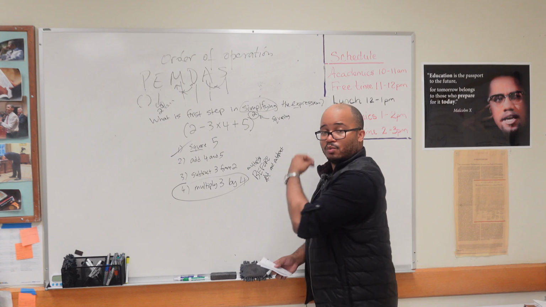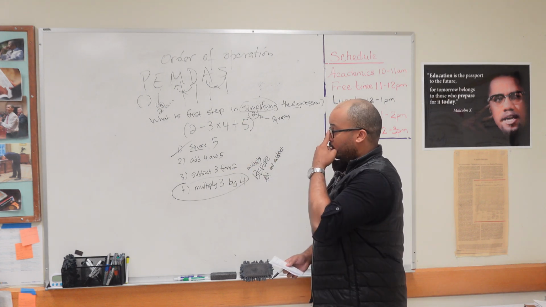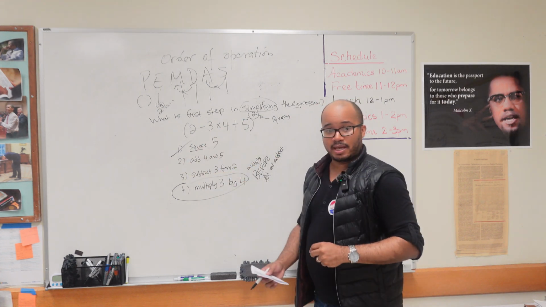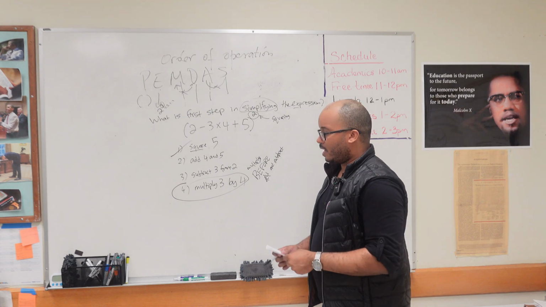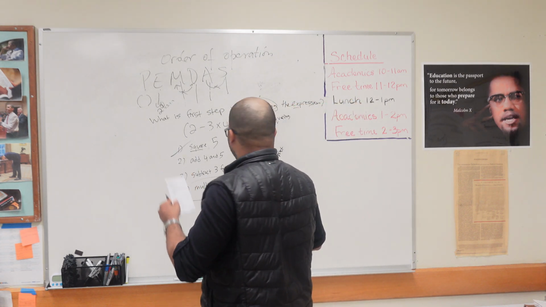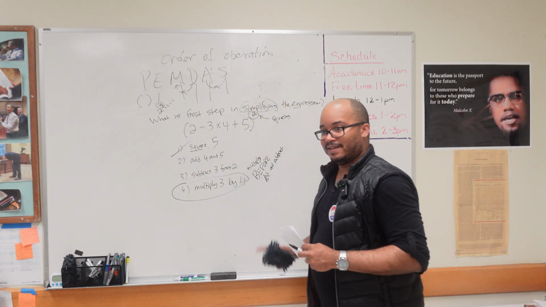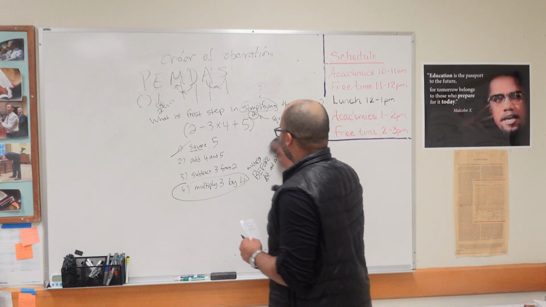I thought we're supposed to do what's inside the parentheses first. So that's how you already know it can't be square 5. I'll do one more. Another one that's very similar, Mr. Paul. What do you think of this problem? That was a nice one, yeah. Nice problem. I'll do another one.